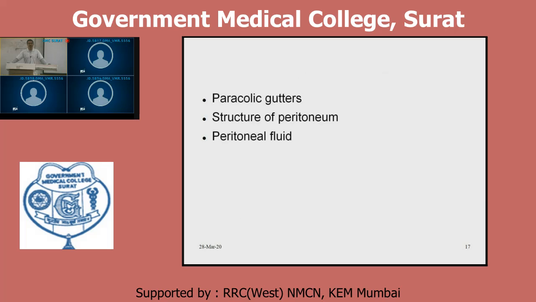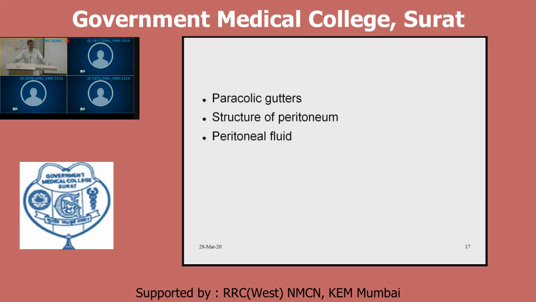Now, some fluid is present in these cavities, in relation with greater sac, lesser sac, or in this abdominal cavity. And this is known as peritoneal fluid. How does it form? It contains secretions from these mesothelial cells or exudates from vessels in relation with parietal peritoneum, visceral peritoneum. It is very less in quantity, but if this fluid increases, it will cause ascites. And if this fluid gets increased up to near about 1.5 liter or 1500 ml, it is notable and known as ascites.